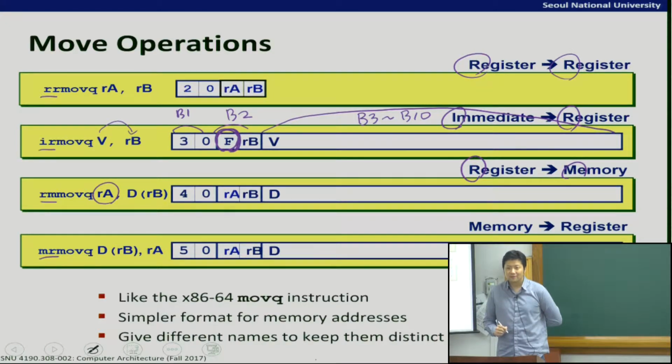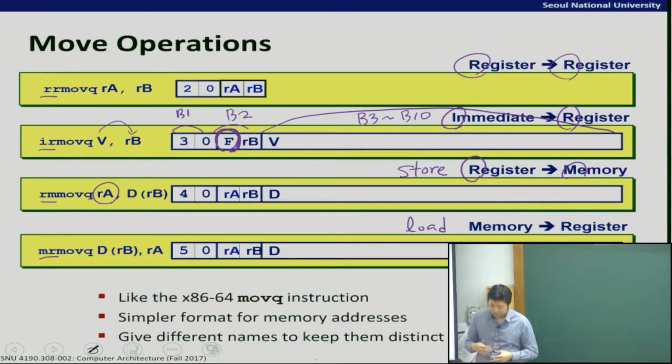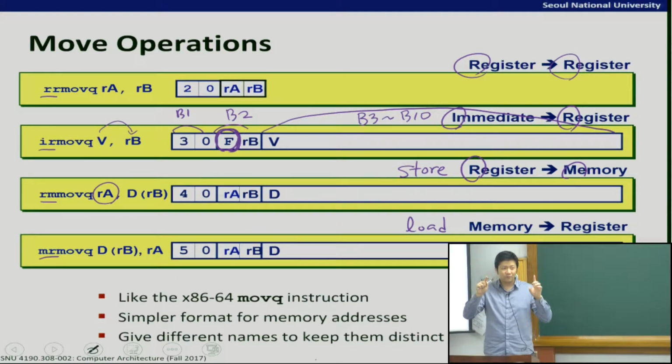Store. You remember that? This is a store instruction in general. Store instruction is basically copying the value of a register to memory. And this one is the opposite. This is the load instruction. Load is basically copying a value in memory into a register. Okay? This is in general, although in x86-64 we only have one move instruction, which actually covers